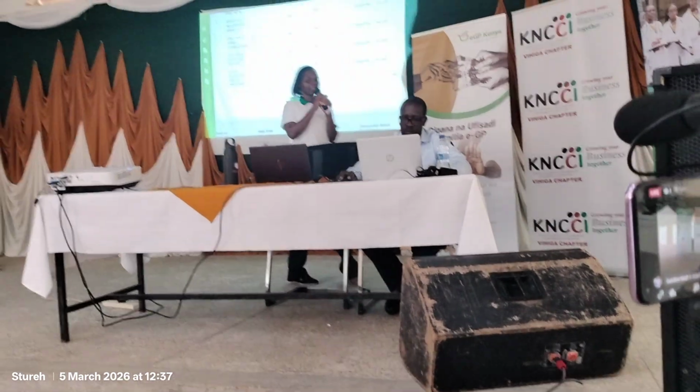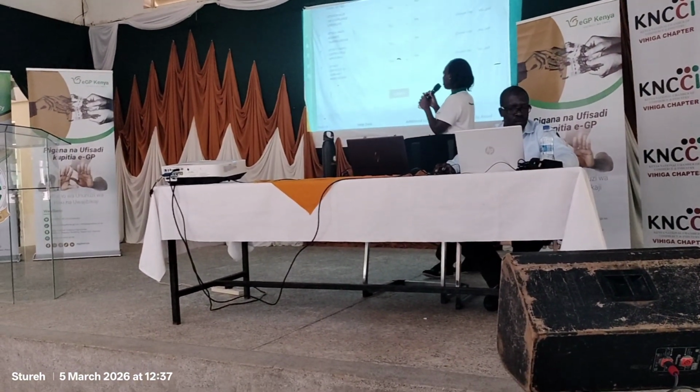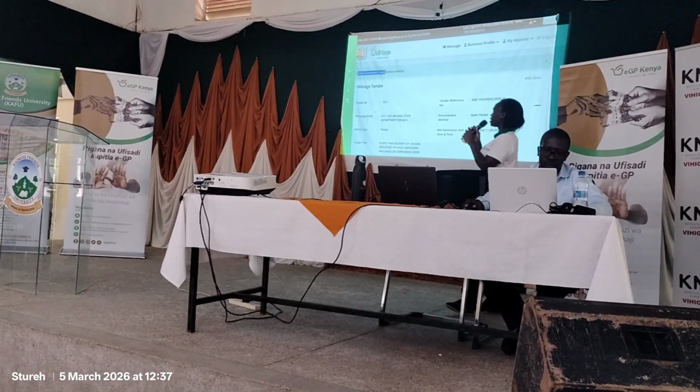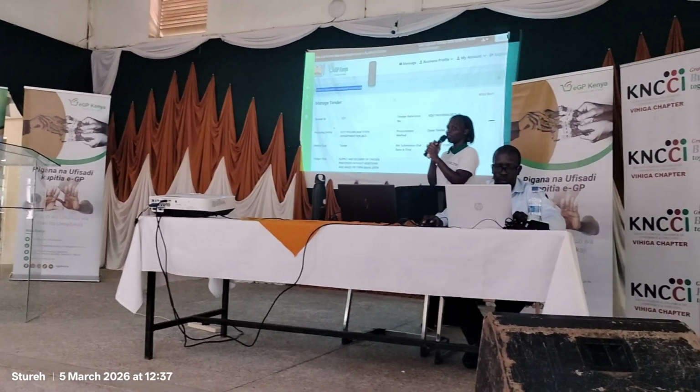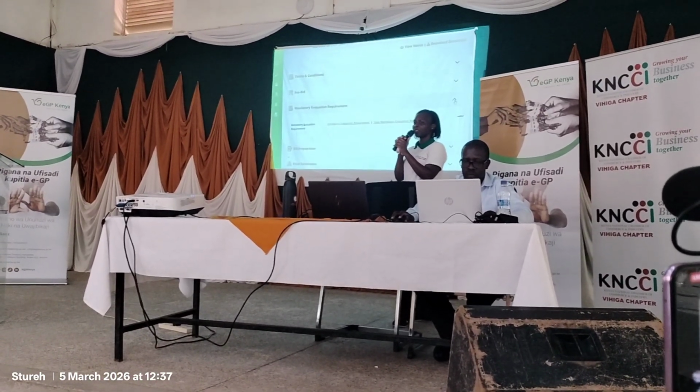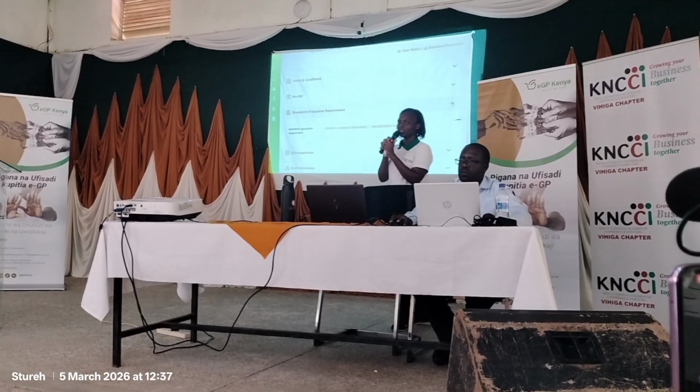So let us assume we have all this documentation, you as a supplier. Once you are done, you will now submit the preliminary mandatory requirements the procuring entity has requested you to